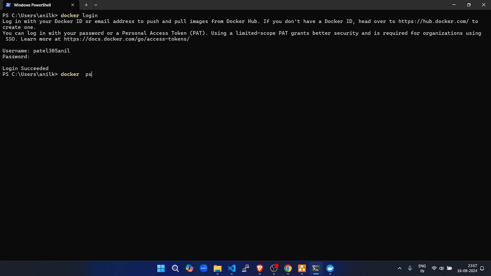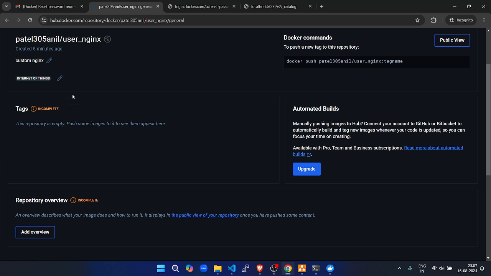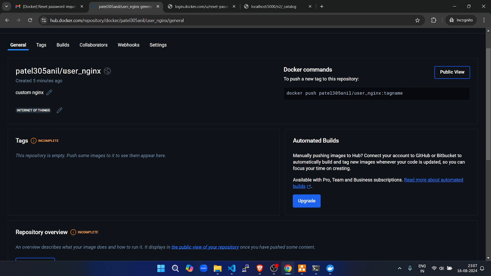So first let me show you my container is running, which I created last time. So this is still running, and the uploaded images in the browser, if I refresh it, that is running on 5000. This is the path to check that registry, what images are uploaded. So today I am again creating using nginx, but